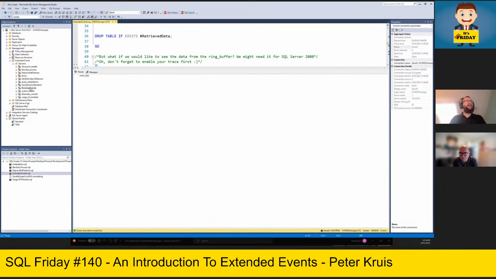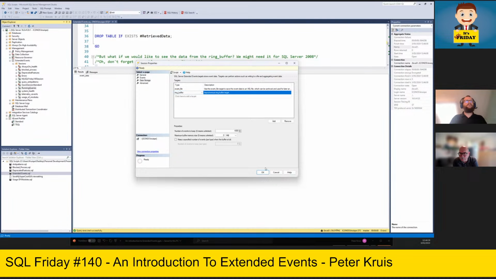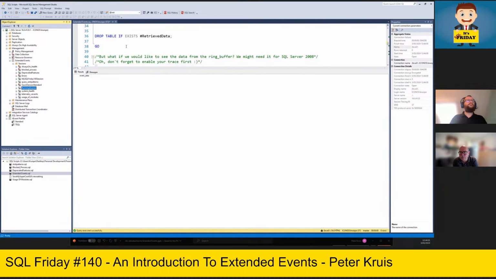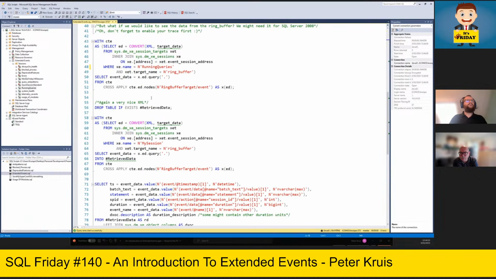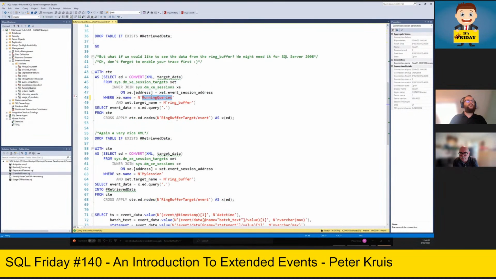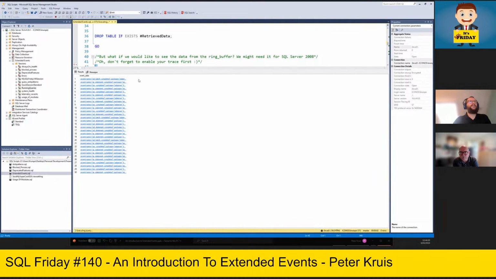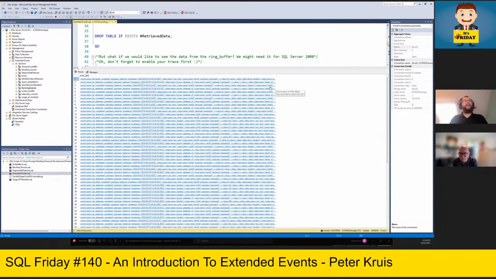No, I think I didn't specify it. Where was it? Here in buffer. Yeah, this should give more results. And here again, we have the same XML as we had when we were retrieving the file.